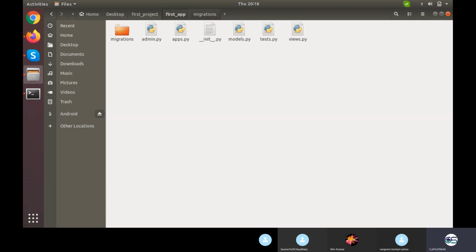Okay, then next thing is views.py. So views.py is the backbone of this app and the controller. This will take care of complete control of the entire website. All the data from the front end would be received into the backend via this views.py file. All the data would be sent from the backend to the front end via this views.py file.